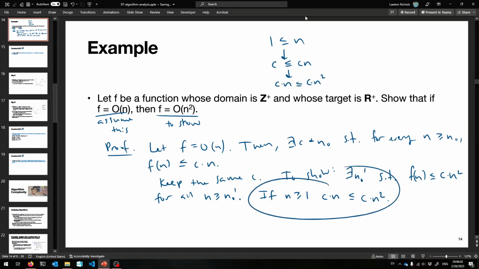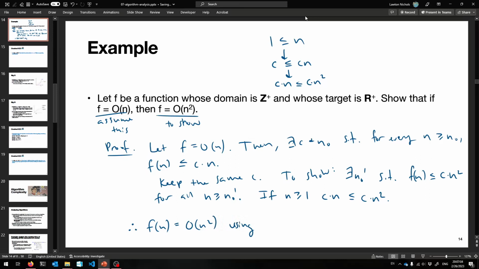So we just showed this, and this is going to lead to the answer. This will lead to us finding an n naught, all right? So let's see here. Therefore, this is finally the answer. F of n is O of n squared, we say, using